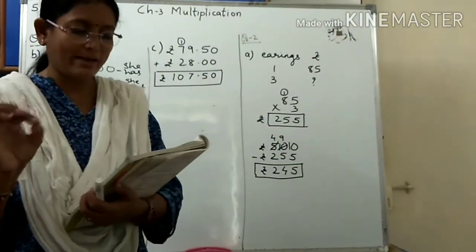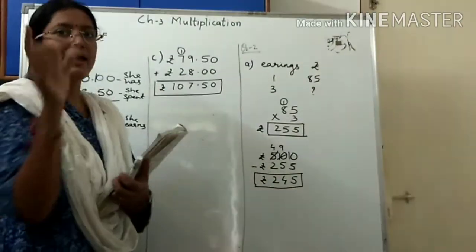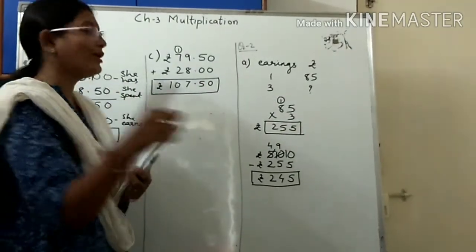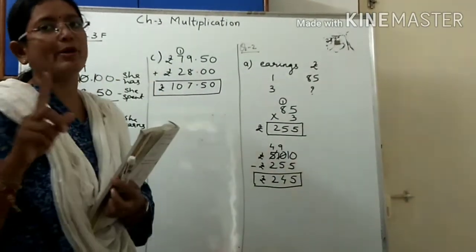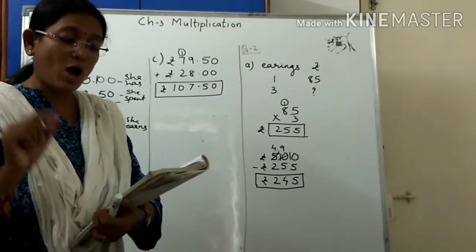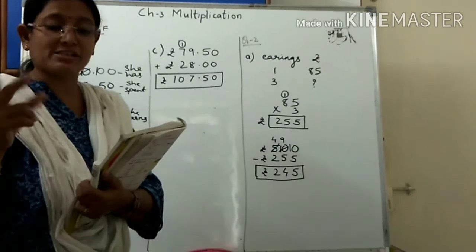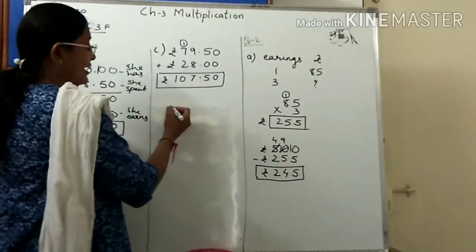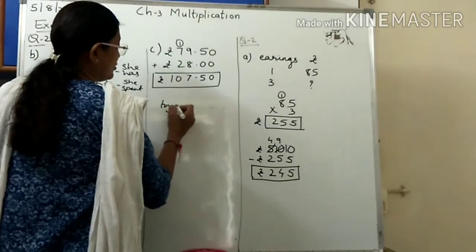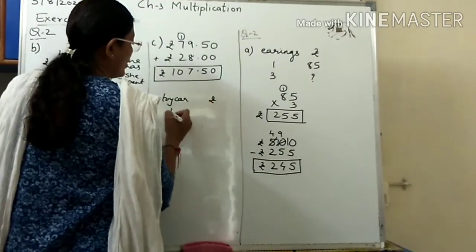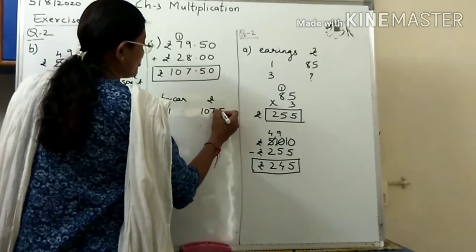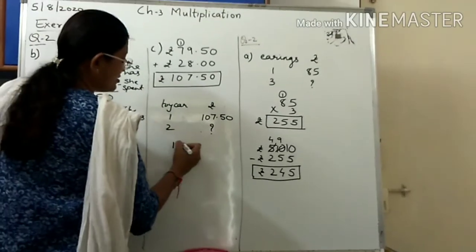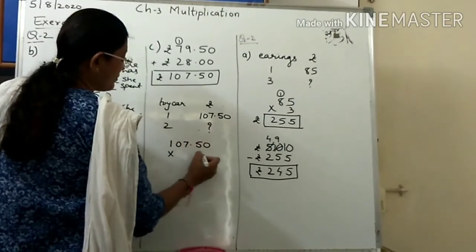Are you getting me? You are going to buy a toy car which costs rupees 79.50, and the set of batteries which you have to insert inside, that is rupees 28. So one toy car is costing rupees 107.50, right? Here they are asking you how much does it cost to buy two of each. Means you have to buy two of both. Then what will be the cost? So here you can write, one toy car rupees 107.50. Then two of them, 107.50 multiply by 2.